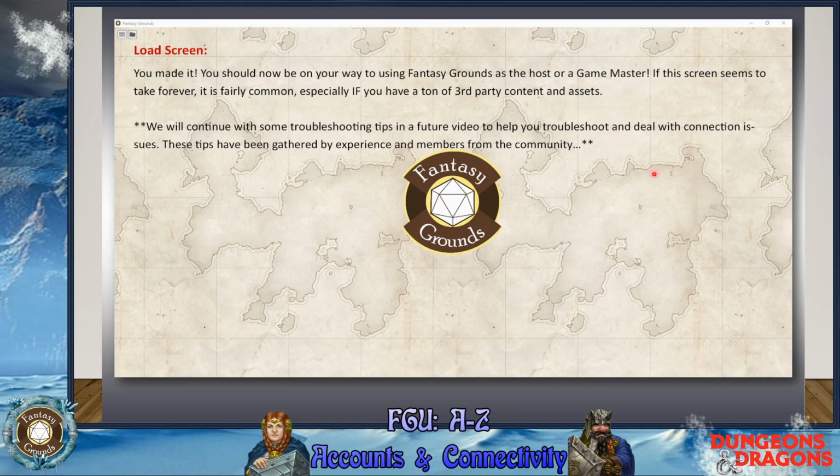So in other words, if you have 50,000 modules and a whole bunch of tokens and tons of assets and images, then this load screen is going to take a little longer. Fantasy Grounds has to go through and catalog and check all those files before it loads. So if you don't like the load time, try reducing the amount of extra things that you have, and that should help the load time a little bit.